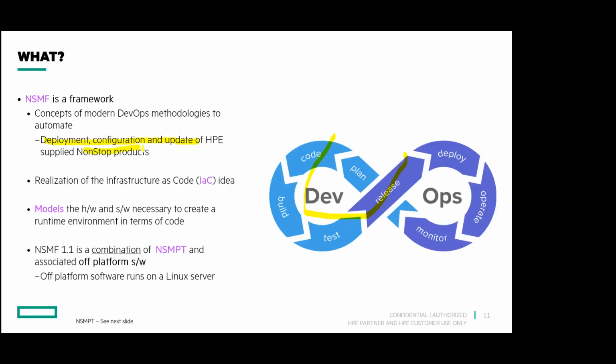So for example, in the cross-sectional view that I showed, a lot of rectangles were there, which were actually products supplied by HPE to our customers, right? Those products see continuous upgrades or versions or TCFs, whatever you call them, and customers are supposed to take those new things and install, deploy, and integrate them and bring up the new versions. So that work is going to be simplified by this NSMF framework. We are going to give a simple architecture and simple framework for implementing that, and that's about NonStop products.